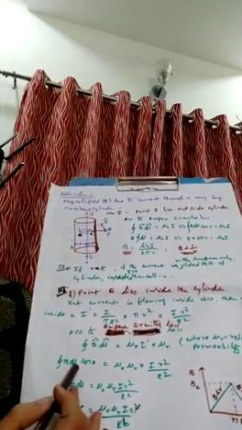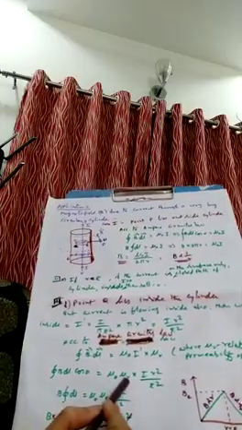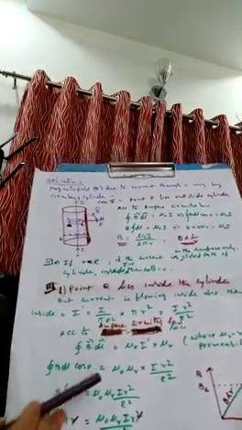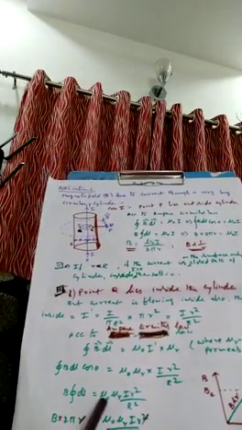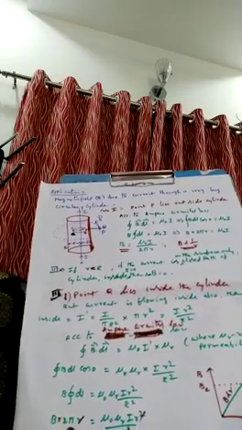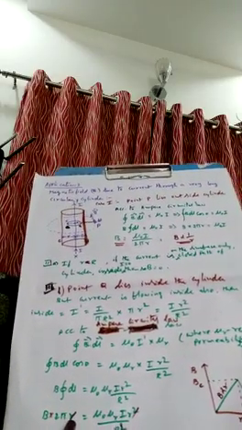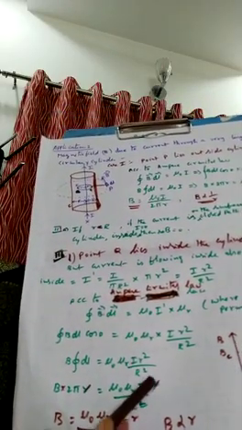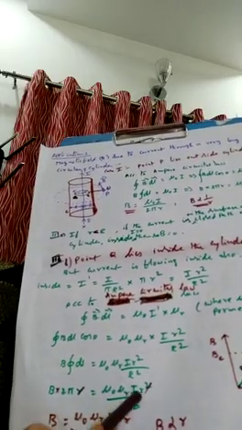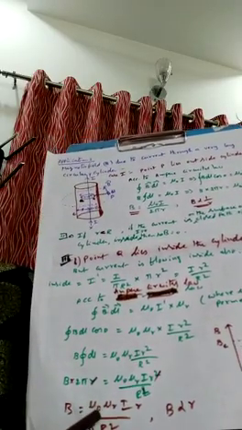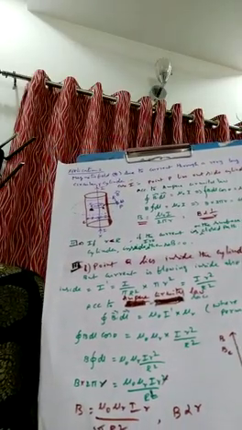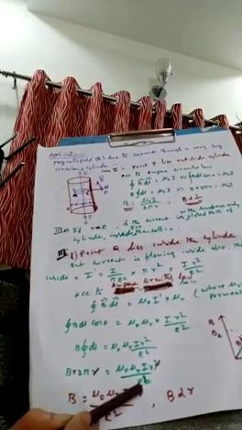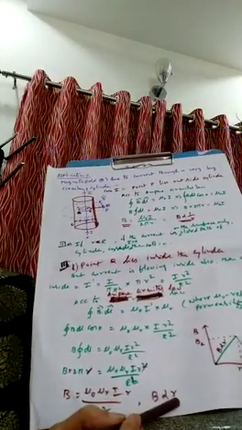So we will write B dl cos 0 equals mu naught mu r into I r square by R square. This is the value of current I dash that we have just calculated. So B you take outside, integral dl is mu naught mu r I r square by R square. And you know integral dl is 2 pi r, the perimeter or circumference here. So we will write mu naught into mu r I r square by R square. Here one r gets cancelled. The answer is mu naught into mu r into I r upon 2 pi R square, because this 2 pi will come to the denominator. So B is directly proportional to r.